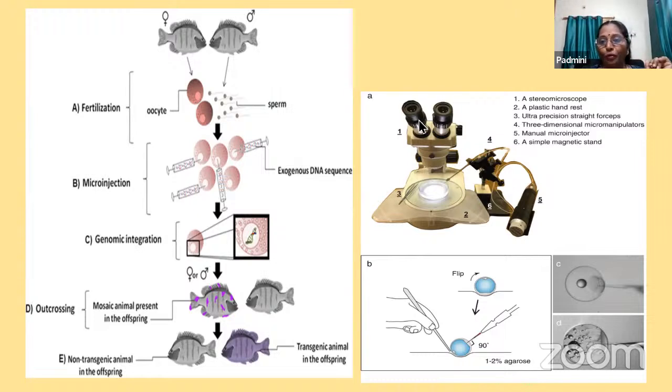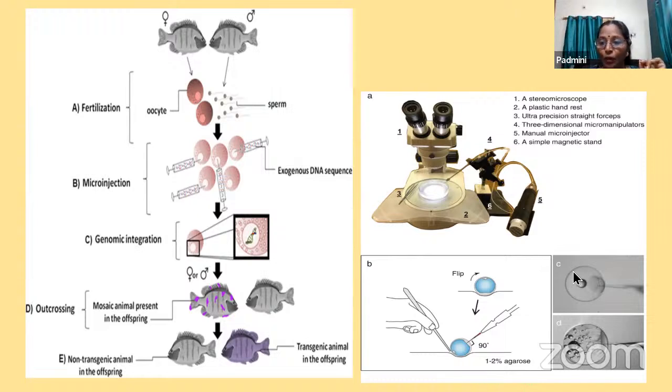This is a microscope that you'll be using, a stereo microscope. It has ultra precision straight forceps over there. Then you're going to have a plastic hand rest where you can rest your hand and do the experiment. Then you have 3-dimensional micro manipulators, and you have a manual micro injector, which is how you are going to inject the genes of your interest, and a simple magnetic stand is present over here. So this is the setup you keep ready when you're going to do this